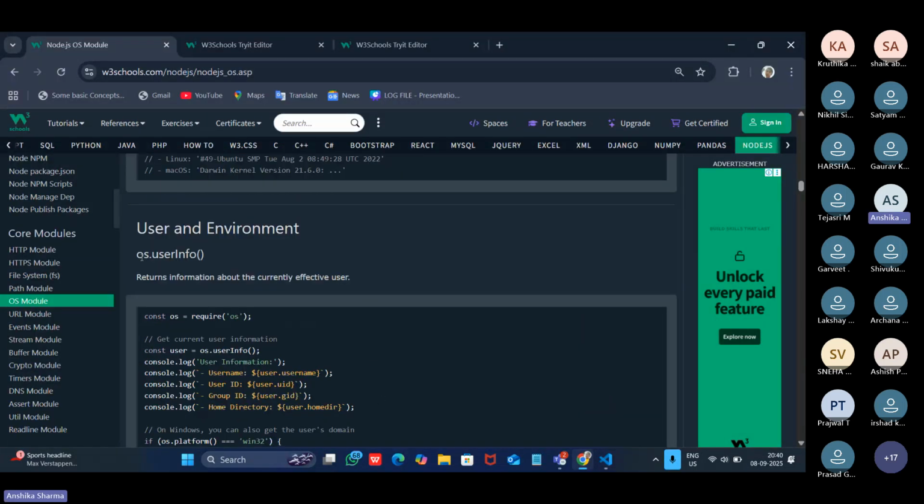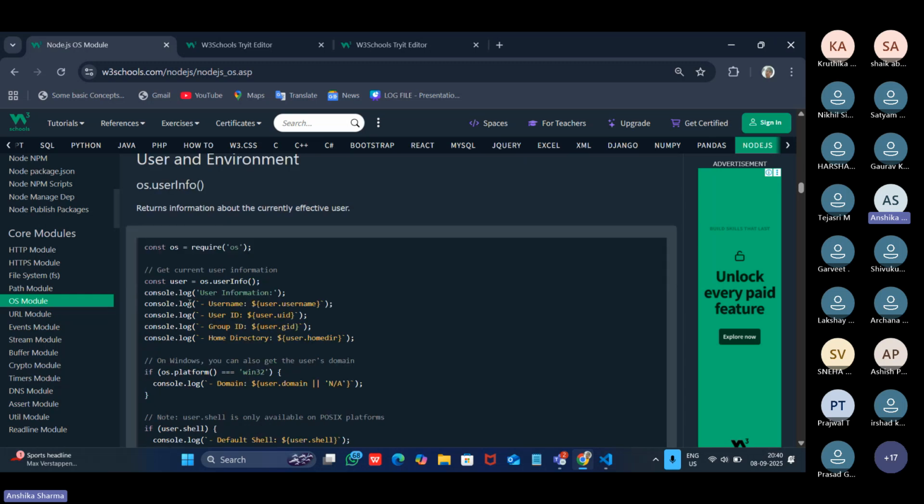First of all, the user info method will just give me the information. They have tried to get all the information using the .userInfo method inside this user, and now they will try to console it. First of all, it is just a normal string which will tell us that we are trying to console the user information right now.